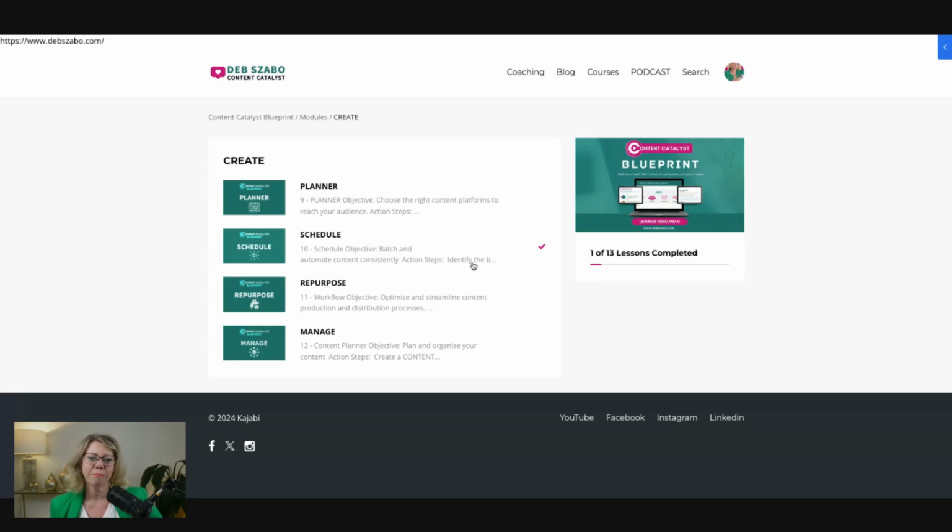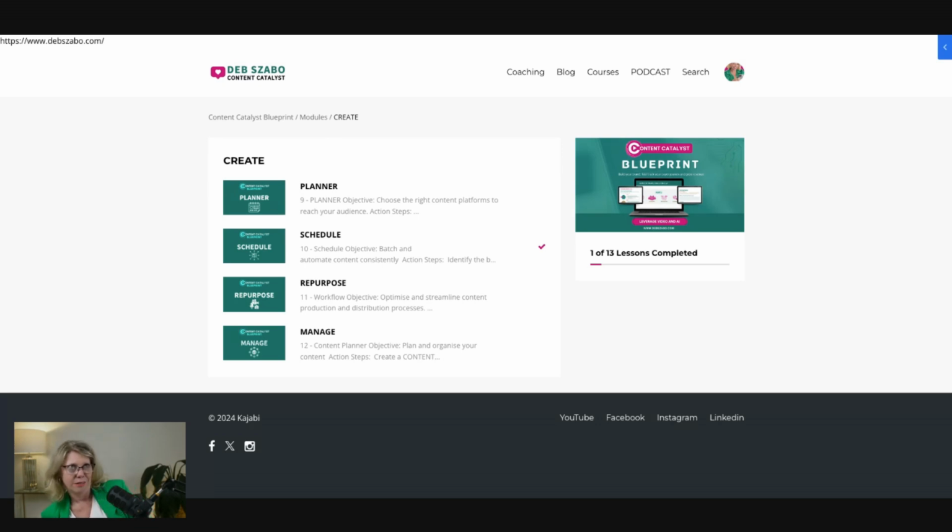We look at how we can batch up and schedule our content. This is probably one of the most important things: we want to be able to create content in batches and lighten our load, because you don't want to be creating content all day, every day. Once we do that, we get into the fun part, which is being able to repurpose content. What I actually help people with is how to create one video and turn that one video into 15 to 20 pieces of content marketing